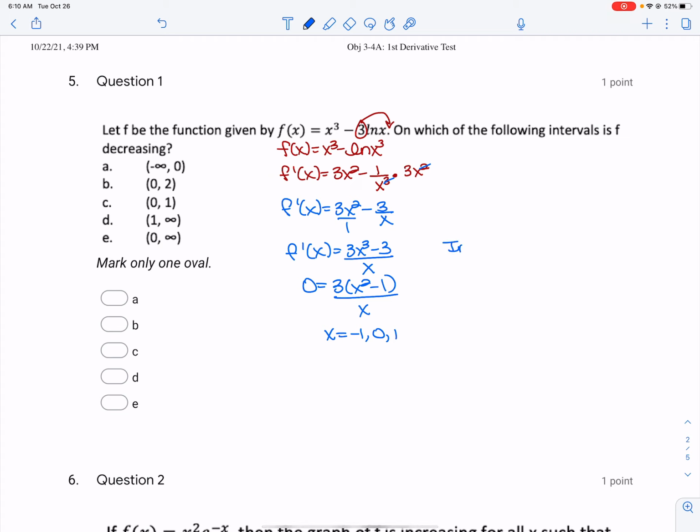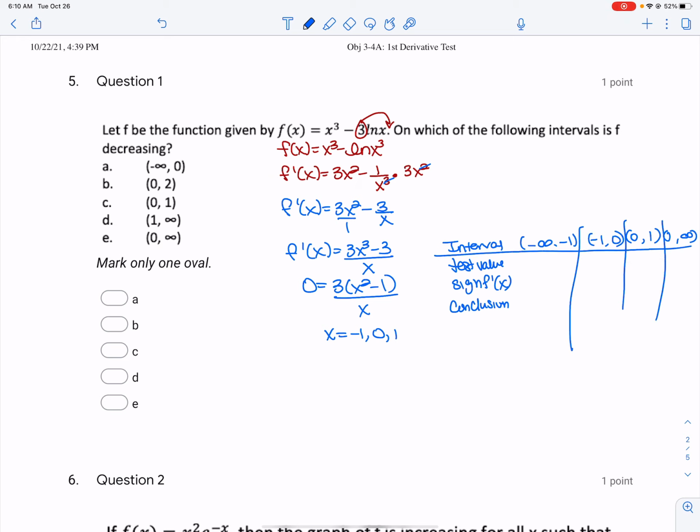So when I do my interval, test value, sign of f prime of x, and conclusion, I have my negative infinity to negative 1, negative 1 to 0, 0 to 1, and 1 to infinity. So I have x is equal to negative 2, x is equal to negative 1/2, x is equal to positive 1/2, and x is equal to 2. When I do this,